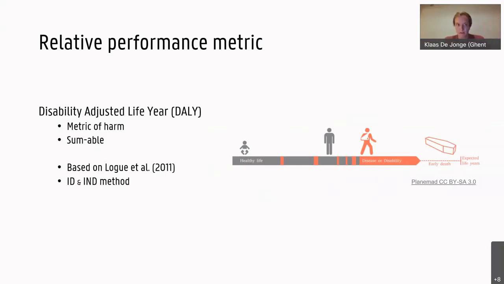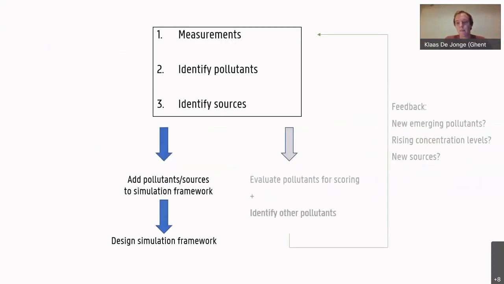So we have our pass or fail limits, we have our relative performance metric, and then we went further down this tree, but we only took the left branch. We only looked at the design simulation framework because that's where my research is, so we're not currently looking into the measurement part of it. Five minutes? Yeah, no problem. So what we did is we